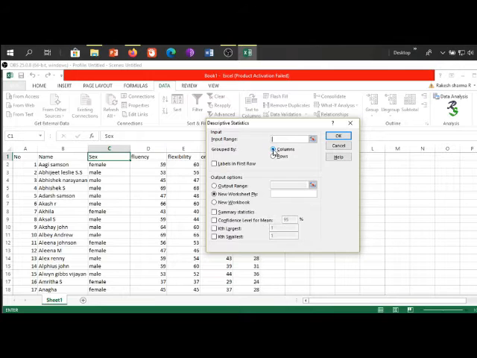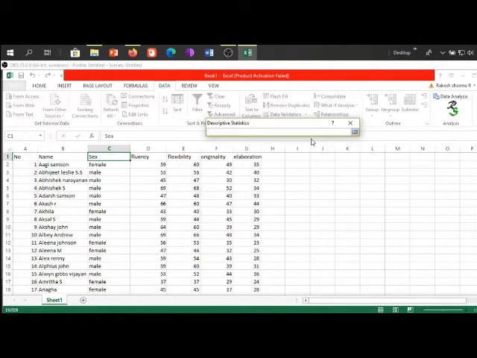So the option Columns is selected. There is a small box near the input range. When you click on the box, it will shrink into a small window. Now select the variable which you would like to analyze.